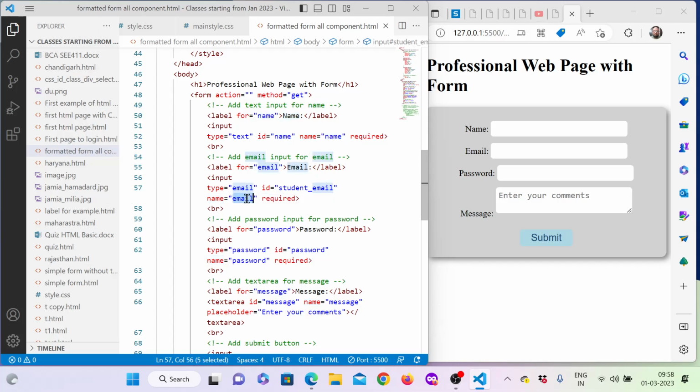This one, right? Correct. ID, as I said, is used to refer from this client side internal page, the HTML page itself, either for the styling purpose or for the dynamic behavior using JavaScript. You will see cascading style sheets and JavaScript soon, right? So for that purpose, if I want to use it, I will use the ID. One more thing, there is a possibility, we have in fact seen in the past examples,